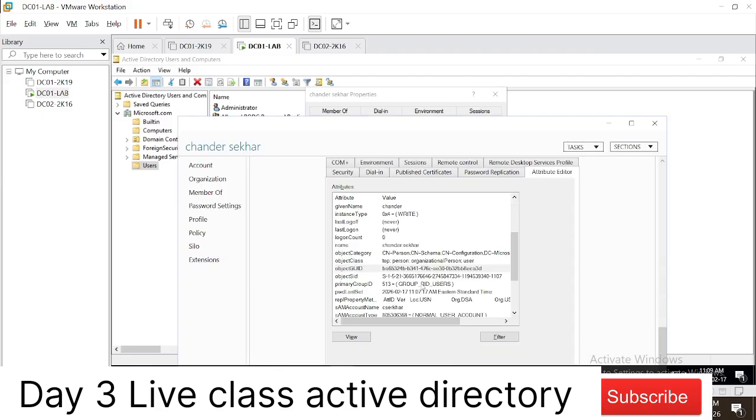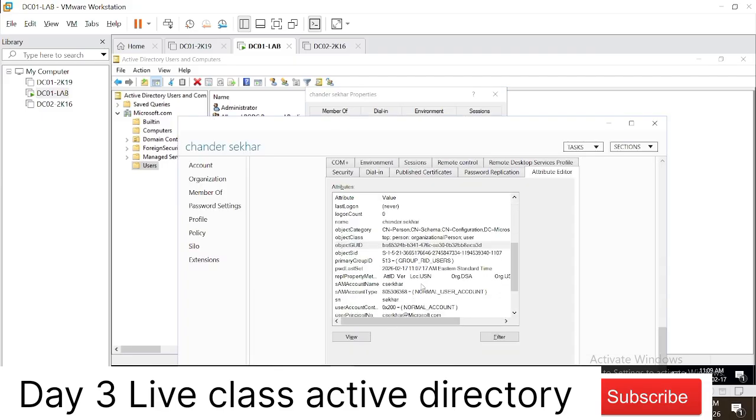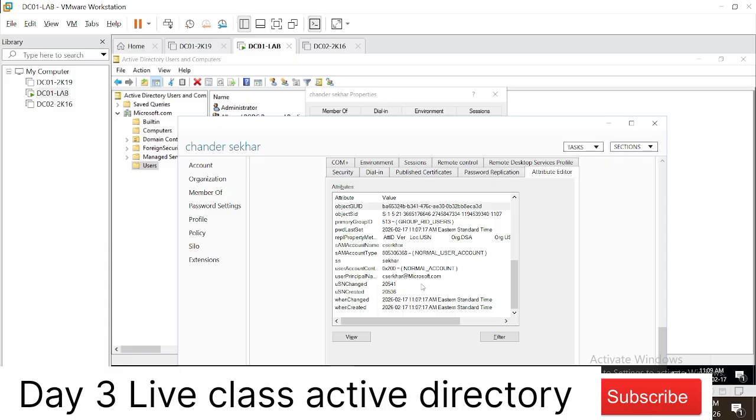Nobody will explain to you in any class what these things are and how the RID master gets these IDs. If I create another Chandrasekhar, it will not allow you to create the same Chandrasekhar. So which part is taking care of avoiding duplicacy? Can anybody answer? Domain naming master. Domain naming, answered. So I will share an example of why it is important.